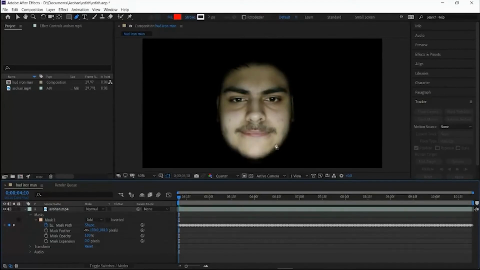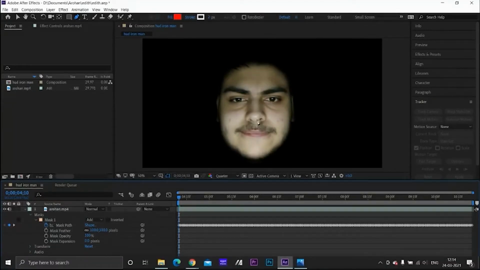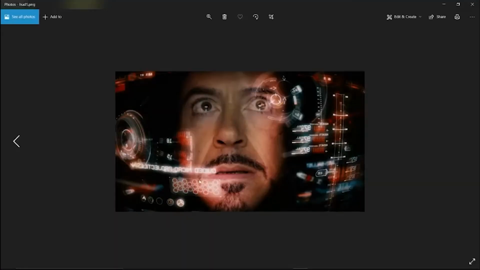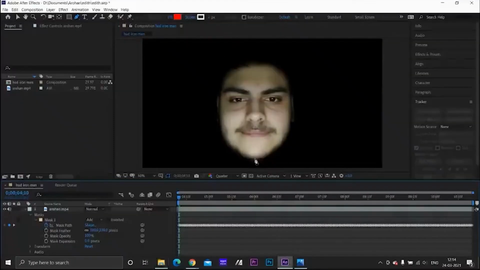Now you can see the mask is a little bit smooth, and it resembles what we see with Tony Stark. We have just feathered it so it resembles that.